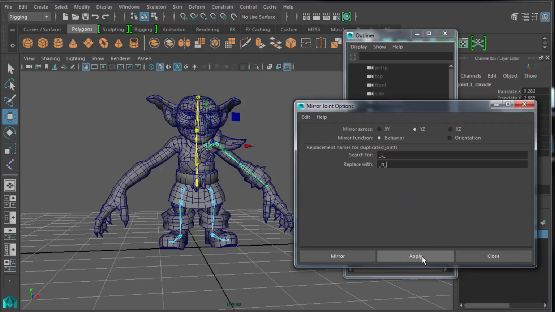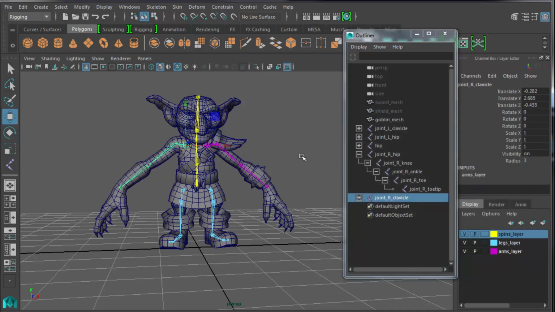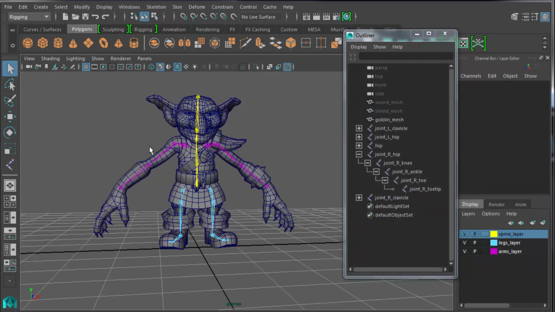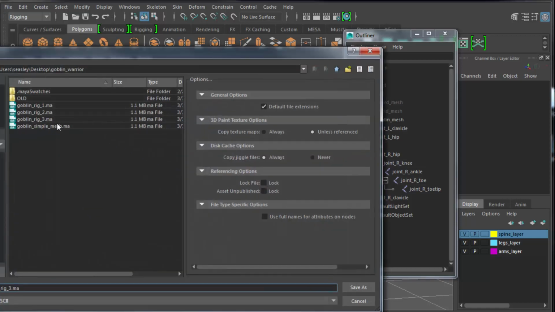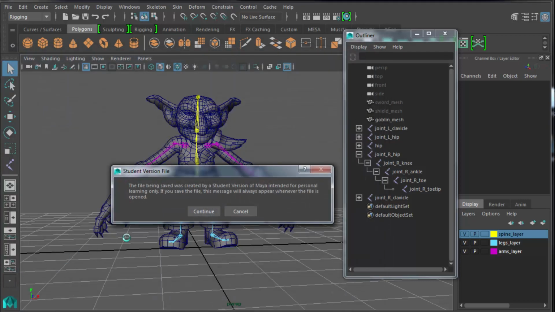We really don't need to change any parameters, and boom, we are effectively done there. And that is going to help us put some basic bone placement in. We can do the same thing for the hands, but I wanted to initially talk about how you can use that tool set. And not only does it mirror the joints, but it also puts them into their respective layer, which is pretty cool. So save your work again,